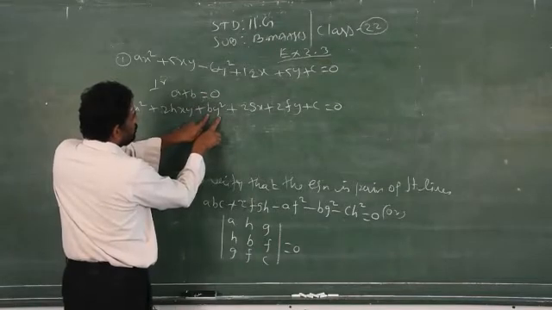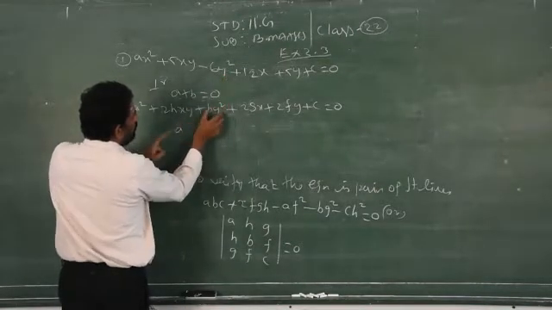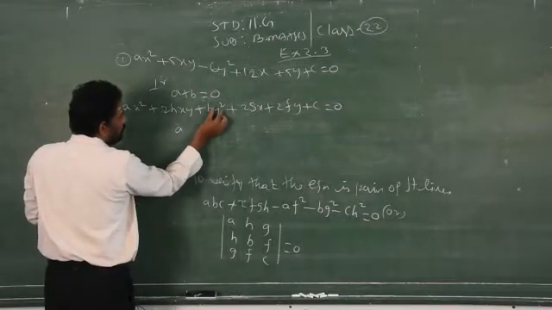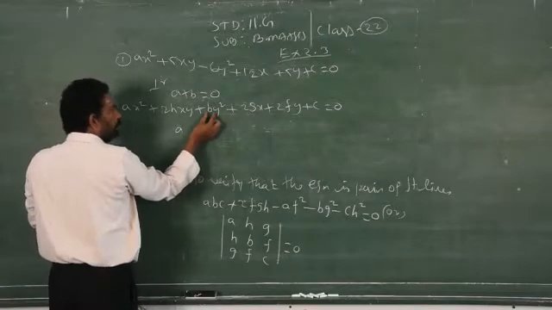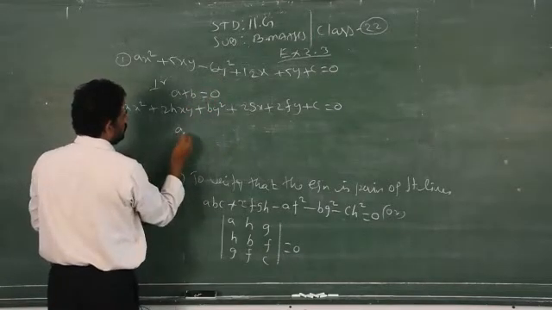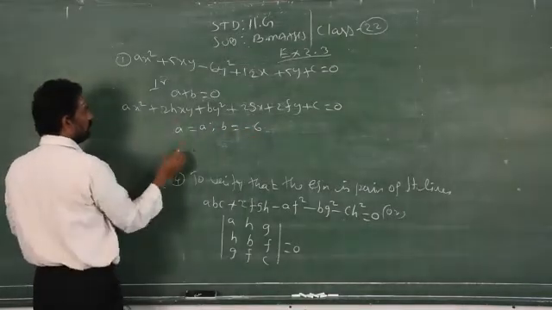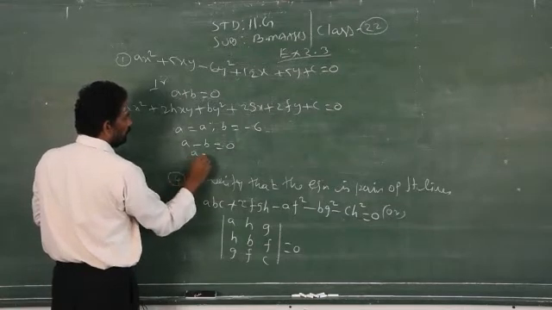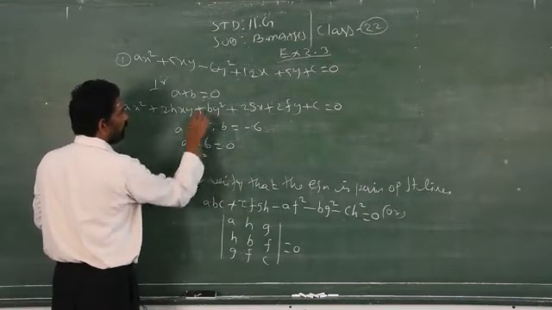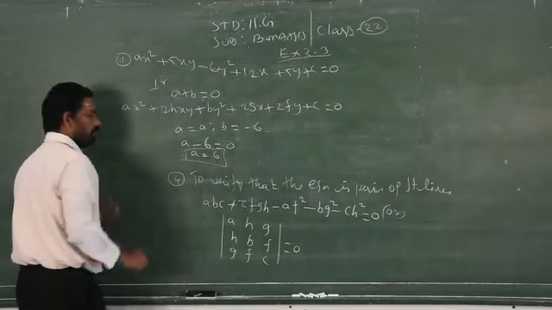Here b is the coefficient of y square. So what is the coefficient of y square in the given equation? Just compare y square with y square. What is your coefficient of y square? It is minus 6. So a is equal to a, b is equal to minus 6. Now you have to replace in a plus b is equal to 0. Therefore a plus, b replaced by minus 6, so a is equal to 6. I got the value of a.